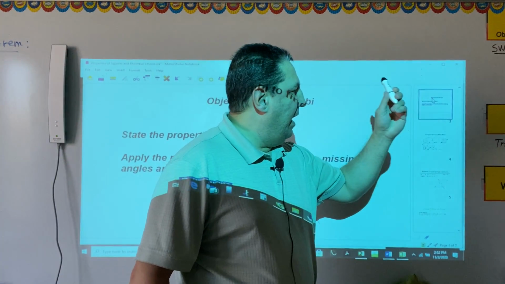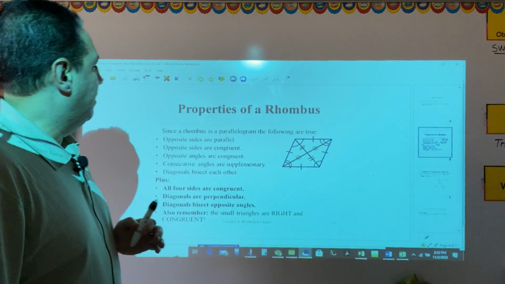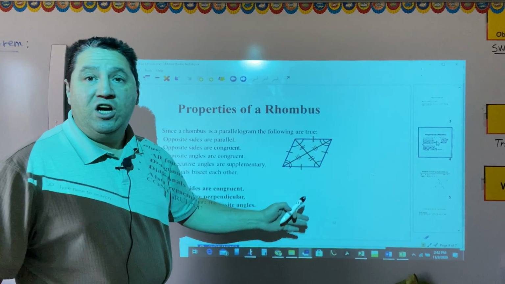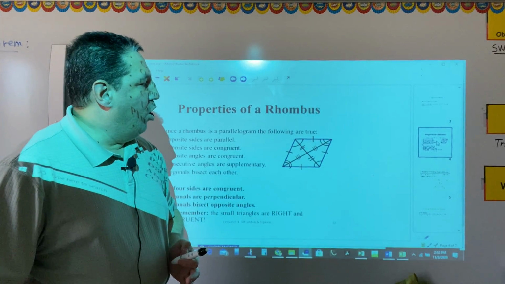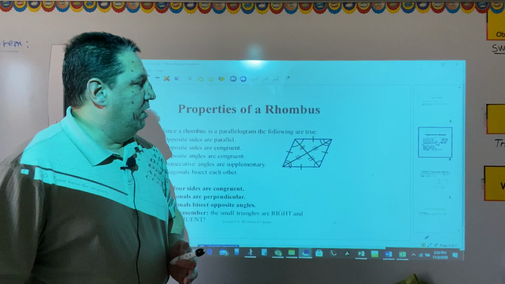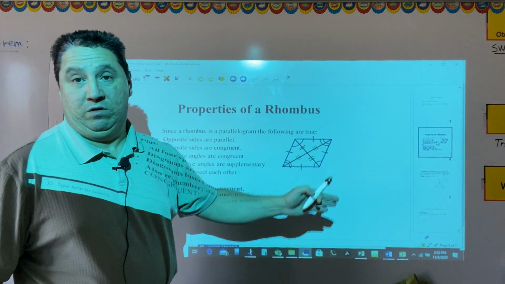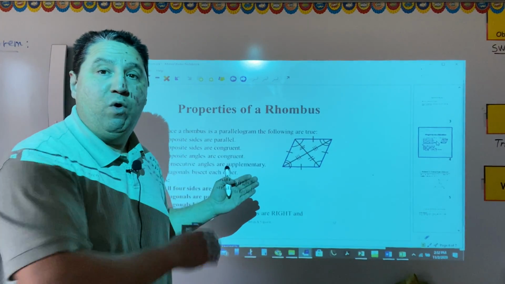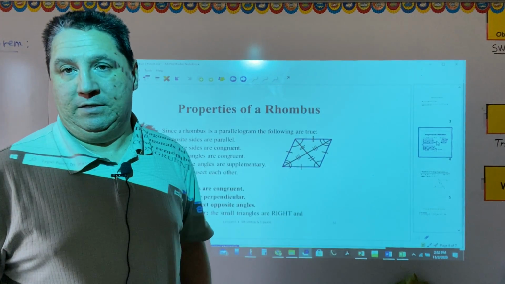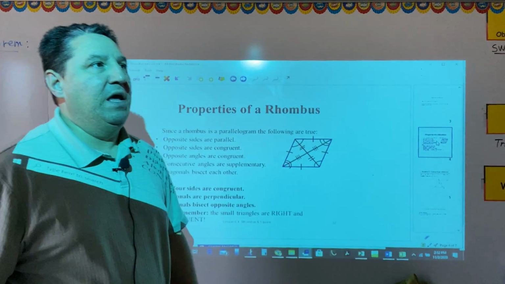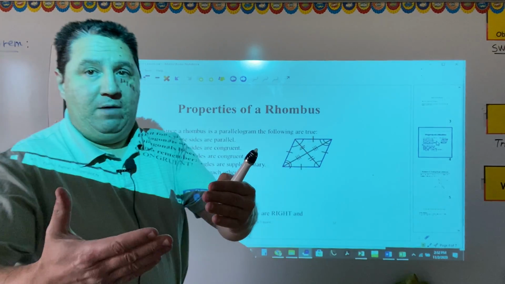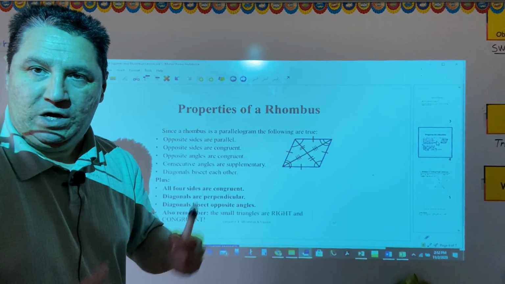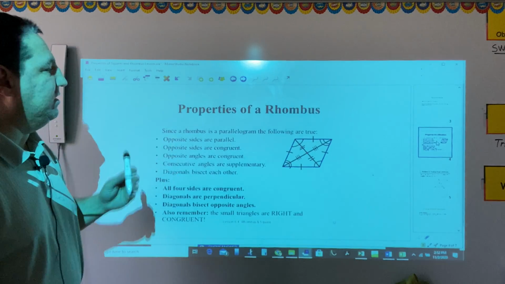Now, let's define a rhombus. A rhombus, as we can see, is a quadrilateral with all sides equal. In fact, a rhombus is a parallelogram with all sides congruent or equal. Because it's a parallelogram, a rhombus has all properties specific to a parallelogram, which means